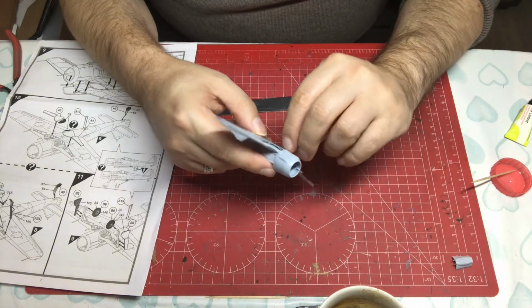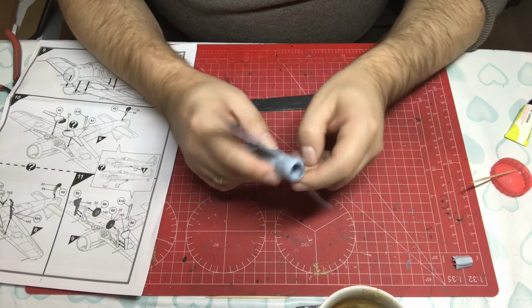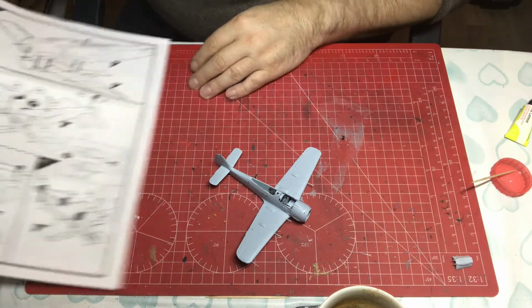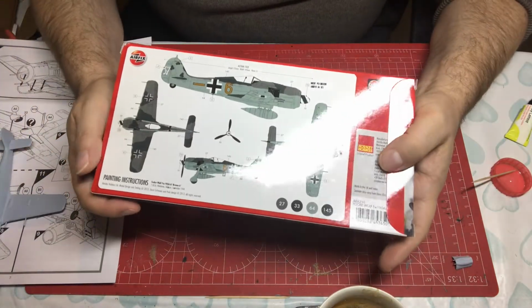Now I'm going to show my wheels down because we see a little bit more detail that way. So with that in mind, let's paint. Now when we look at the paint instructions, which are on the back of the box,